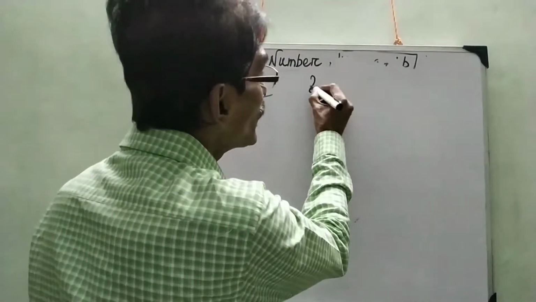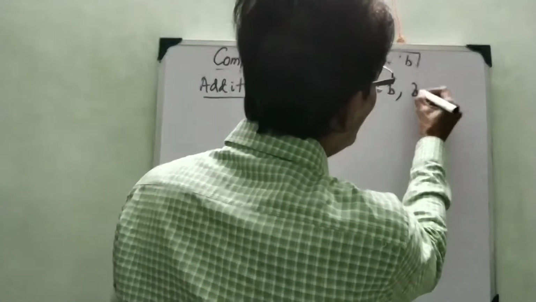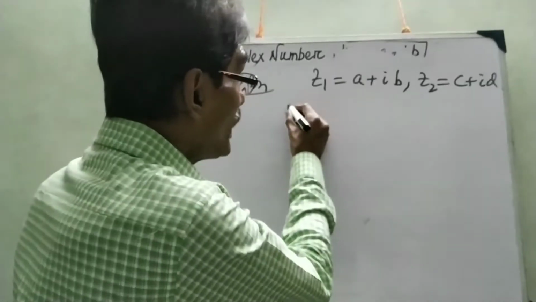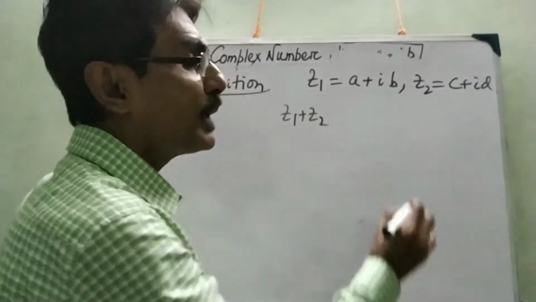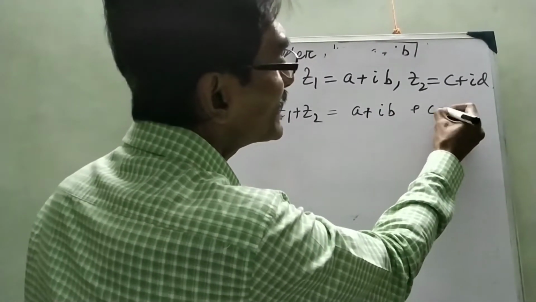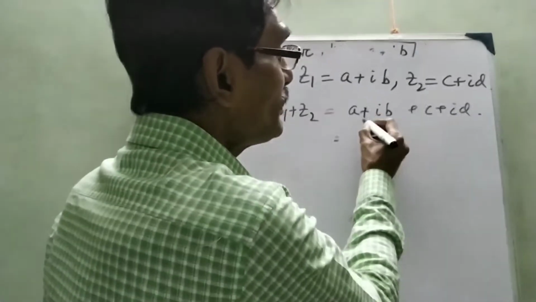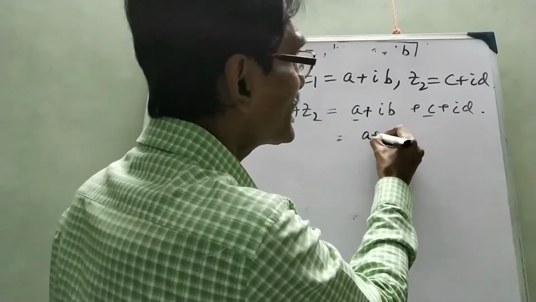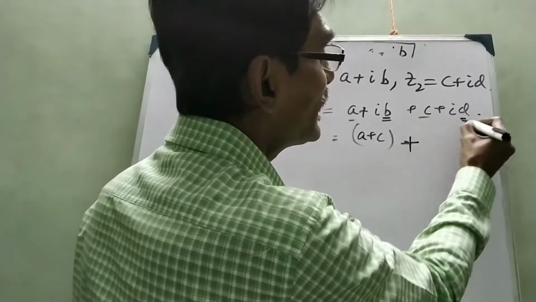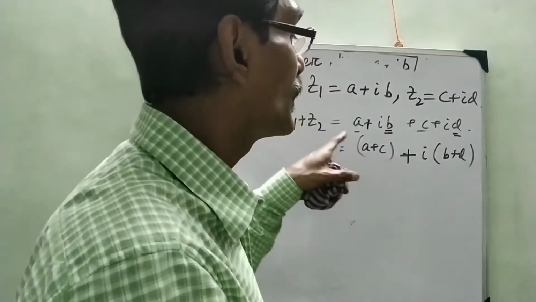Addition. Say there are two complex numbers, Z1 equal to A plus iB and Z2 equal to C plus iD. When we are adding the two complex numbers Z1 and Z2, firstly, simply by algebra, A plus iB and C plus iD, we are adding both the sides. By algebra, first we are collecting all the real parts in a group. Similarly, from the second to this and this, I am taking i common, you are getting B plus D. You see the final result, what is coming?